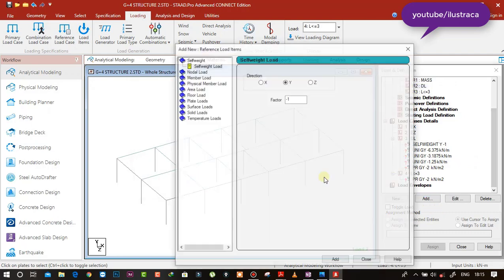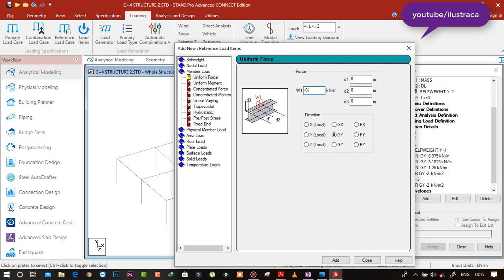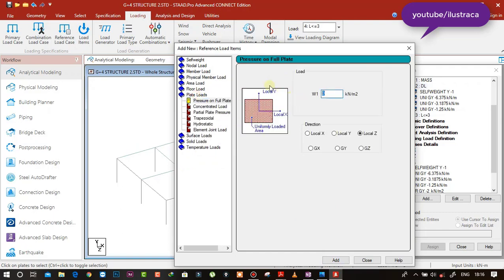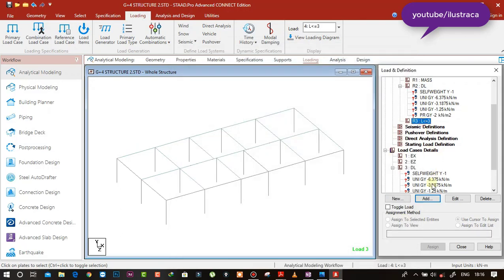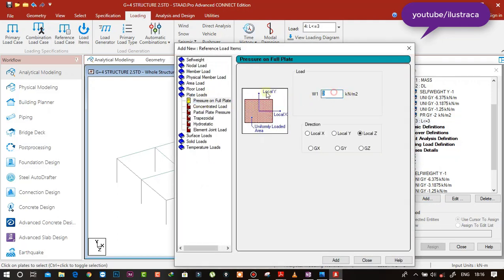For dead load, same process, self weight, add, member load minus 6.375 in GY direction, add, minus 3.1875 in GY direction, add, minus 1.25 in GY direction also, add. Then plate load it will be minus 2 kN in GY direction, add, close. Again the live load, add, it will be plate load of minus 2 kN in GY direction, add.